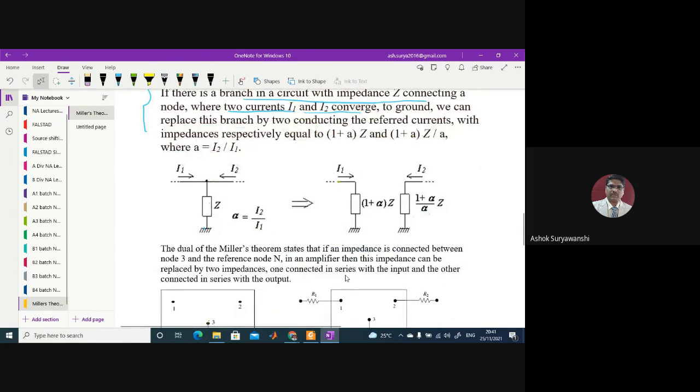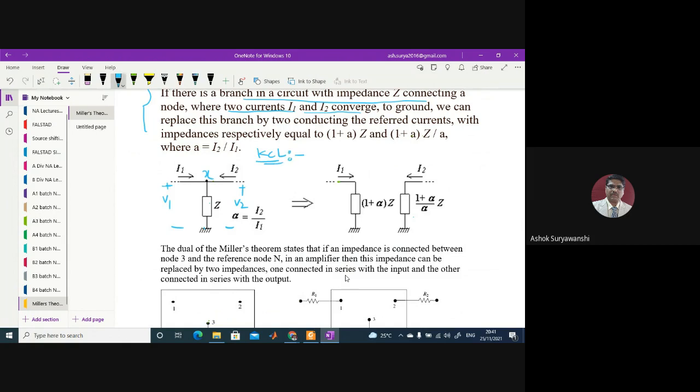Say, for example, I will consider this as the input side having the voltage V1 with respect to ground, and the output side having the voltage V2 with respect to ground, and these currents are I1, I2 and impedance Z, right? Now suppose there is an X node here. Can we apply KCL at the X node? Earlier we applied KVL, here we have to apply KCL.